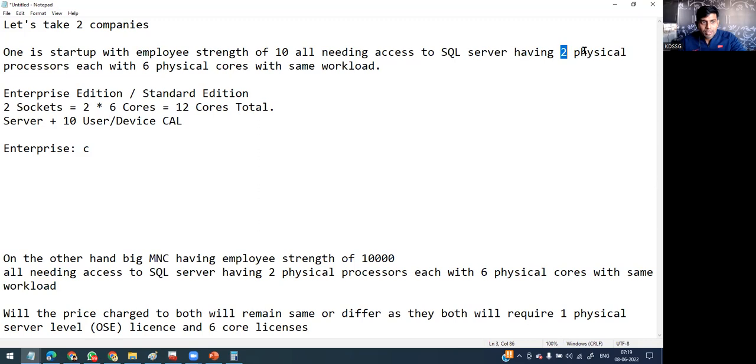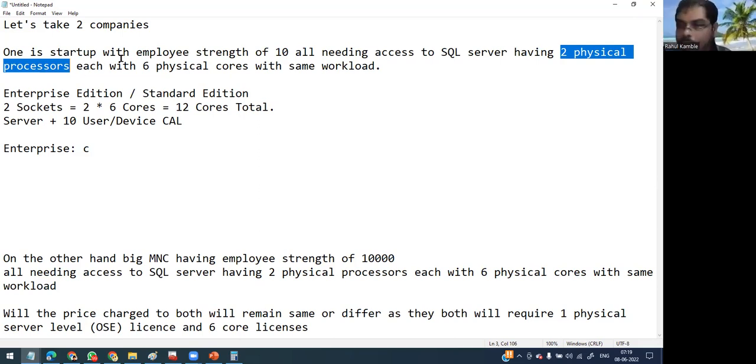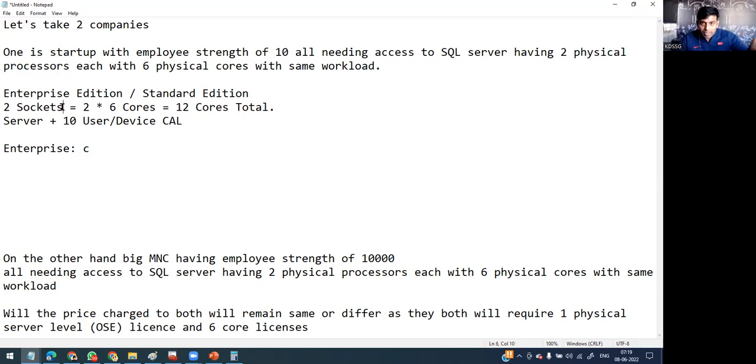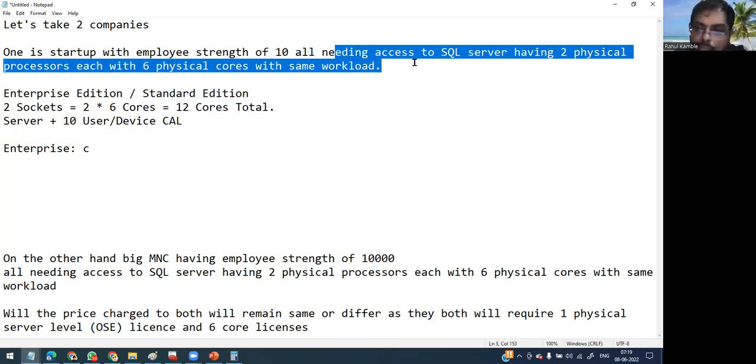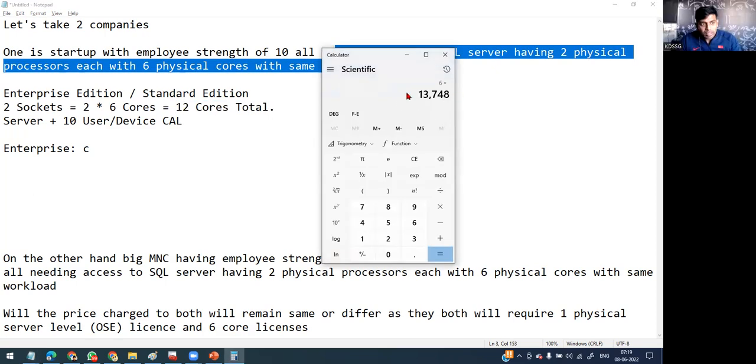Your question says 2 physical processors are there. That means, that's how I understand, 2 sockets are there. Each one has 6 processors. 6 plus 6, 12. That's how I calculate it. If there's a correction, tell me, I can make the correction. You are right. And then 12 cores. As per your question, I'm reading this as it is. So 12 cores means 12 into